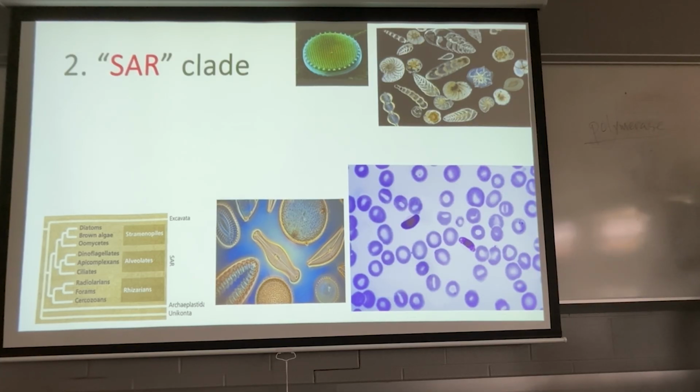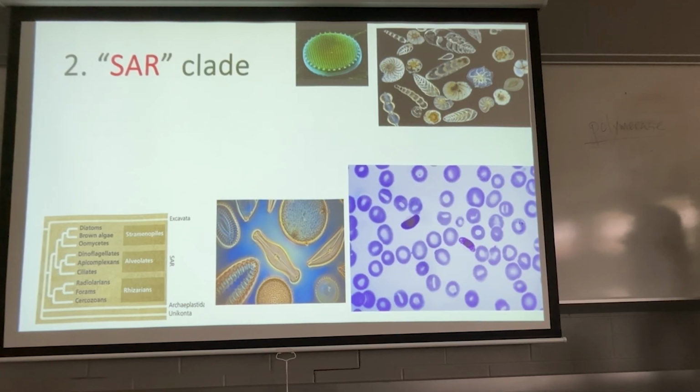Okay, the next clade is the clade just underneath Excavata. You can see here is my phylogenetic tree, and I've closed down Excavata. I have the Archaeoplastida down here. And you see this word Unikonta. That is an old school term for Amorphea. So we've opened up the SAR clade, and you can see there are a bunch of them, right? And these are all protists. Bunches of groups in here, so I'm not going to make you learn all of them, right? I'll save that for biodiversity class.